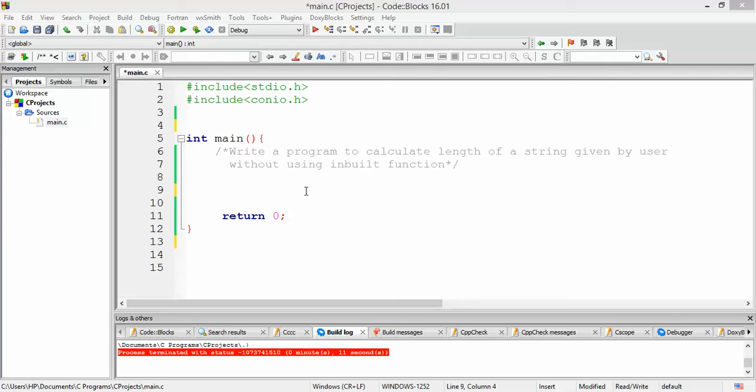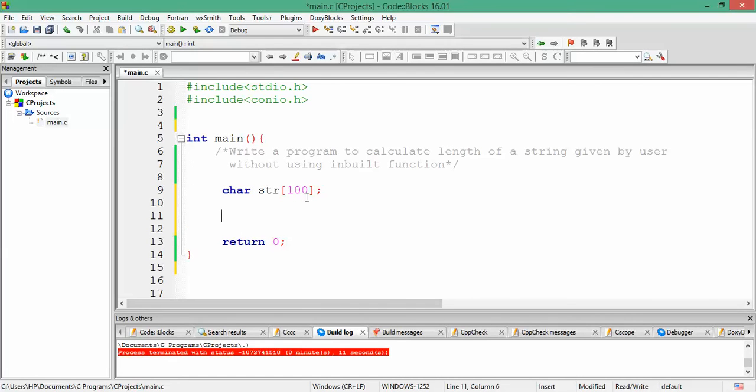So let us begin with getting the user input. We are going to get a string, and for storing a string we need a character array that we are defining as a character array of say 100 size. The basic assumption here is that the string entered by the user would be of length less than or equal to 99. Why 99? Because an extra space is required for storage of the null character. So at the most the string length that can be accommodated in an array of size 100 is 99.